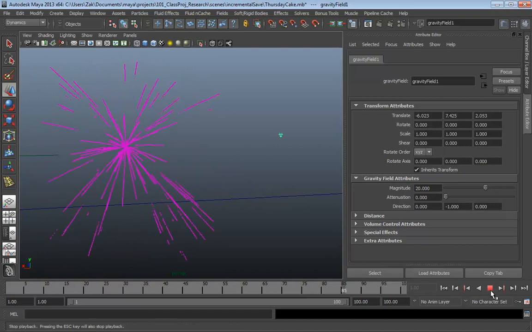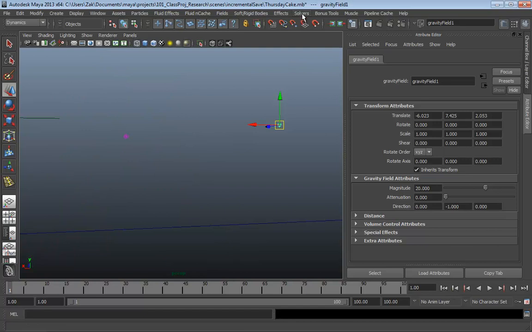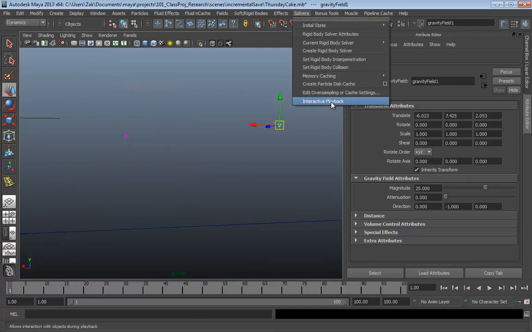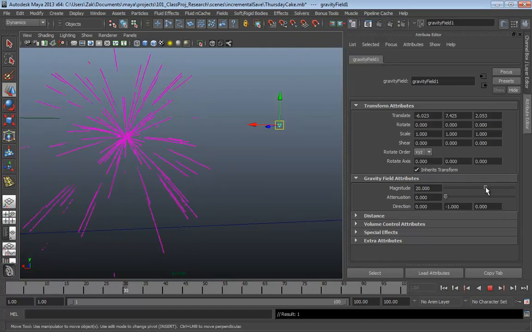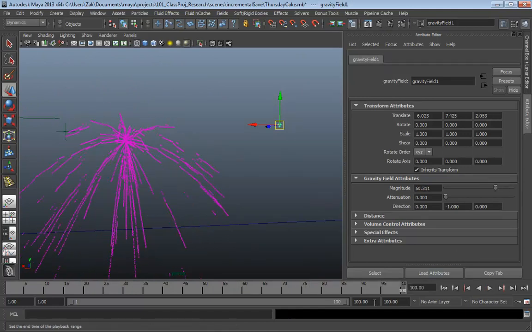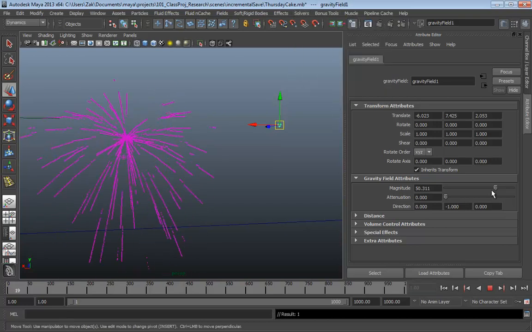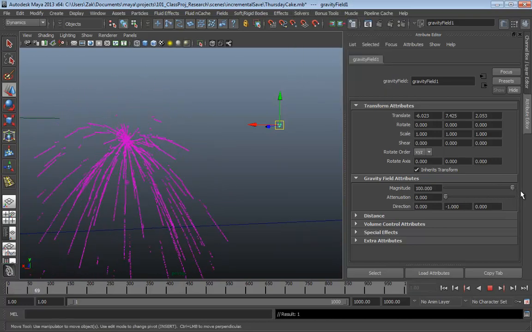Now, if you push that really far, let me show you guys something. This is just for kicks, if you need something kind of fun to do. If you go under your solvers menu, you can choose interactive playback, and then start playing with gravity. In fact, let me give myself like 1,000 frames to play with, and hit rewind, and go to solvers, interactive playback. And now I can pull gravity all the way up to 100,